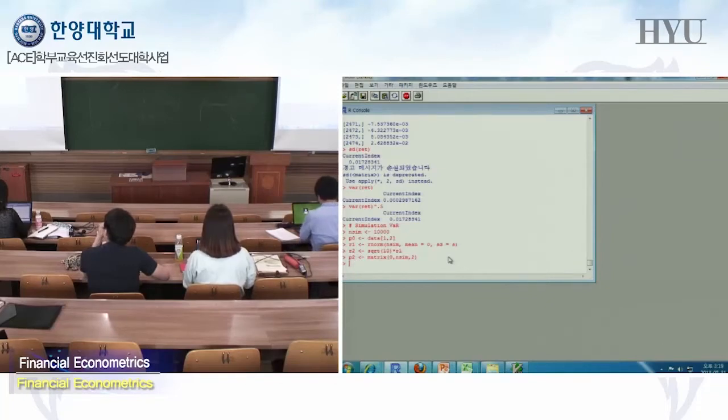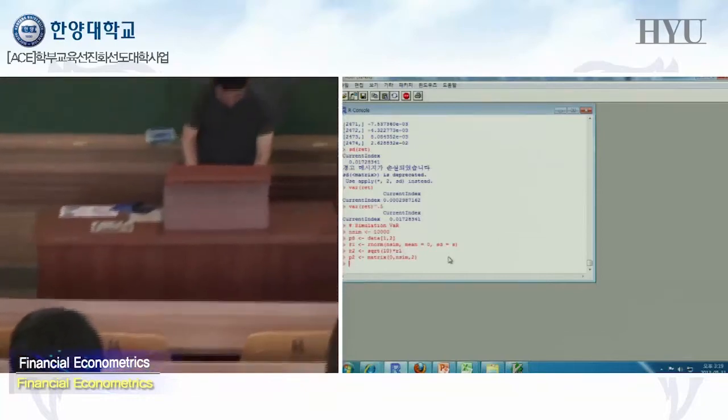So P0 is this one. And next, R1 is my simulated value. I simulate 10,000 times with mean 0. Alternatively, instead of 0, of course, I can put mu over here, but it does not matter, because it is so close to 0. And I calculate R norm, random number from normal distribution, 10,000 times with mean 0, standard deviation is 1.7%. So R1 is my simulated response.